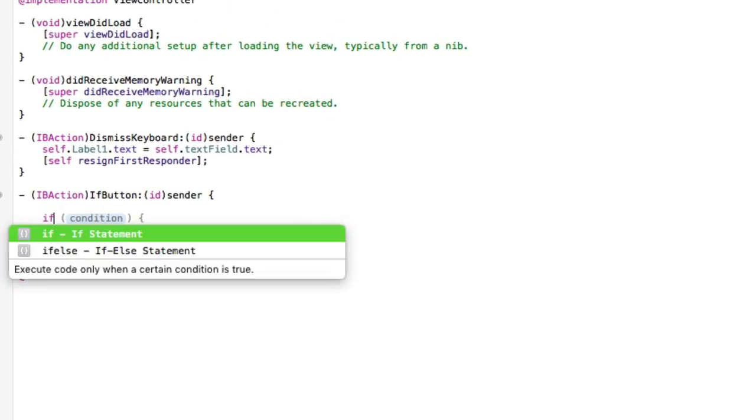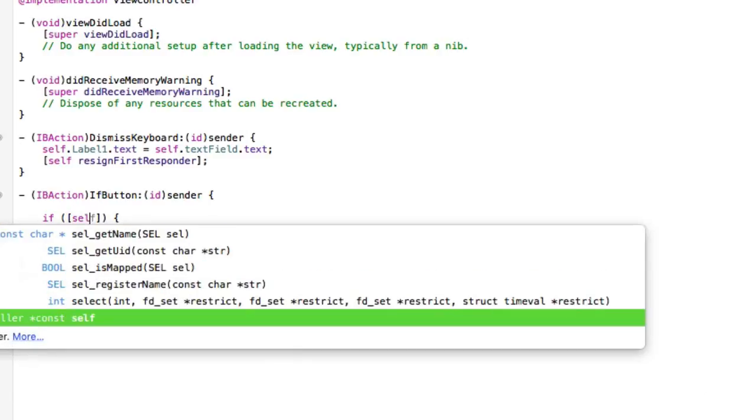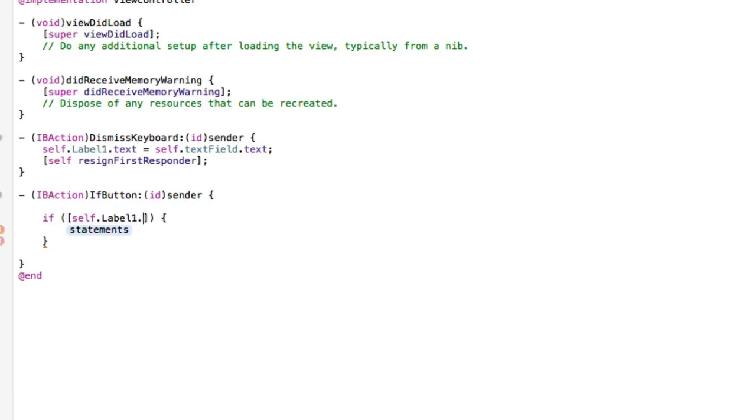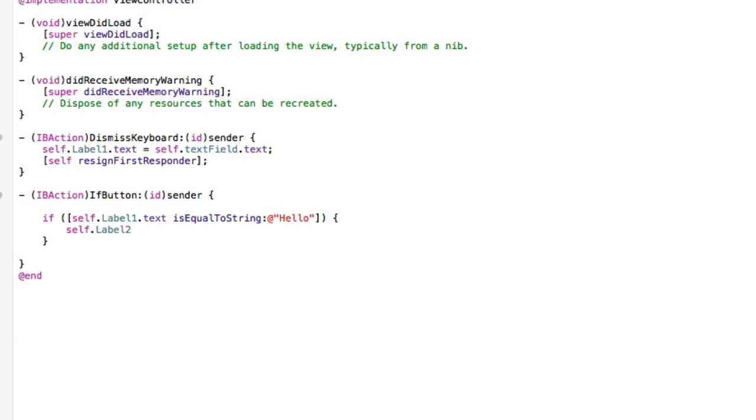So how we do this then is I just space this out in our if button. We're going to set it to if, in the condition here, do 2 brackets in between, and we do self.label1.text. So if the text in label 1 is equal to string, let's say hello, then in our statements here we're going to have self.label2.text is then going to equal, a semicolon there, how are you? Okay,